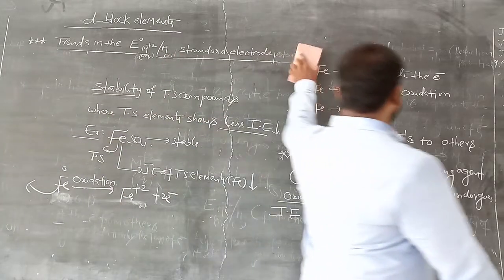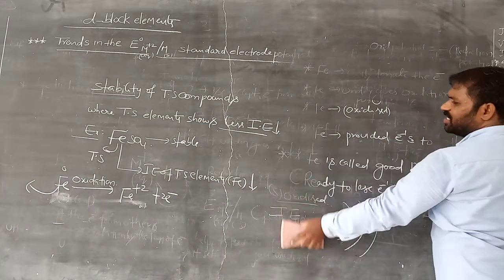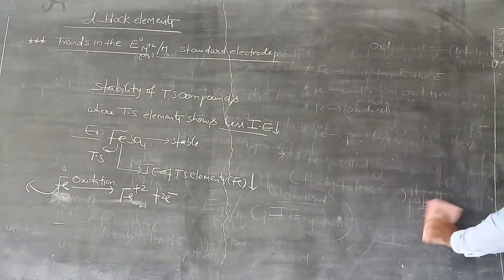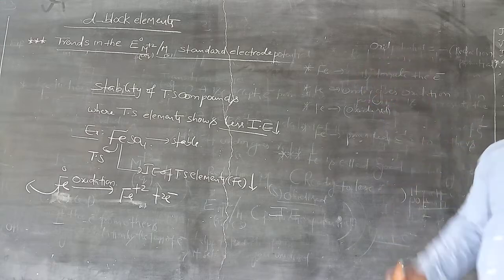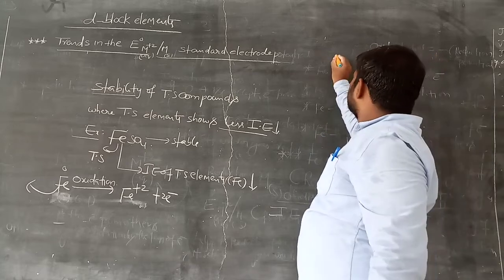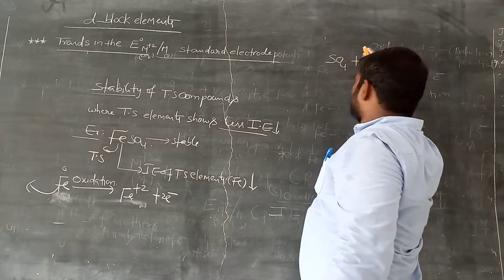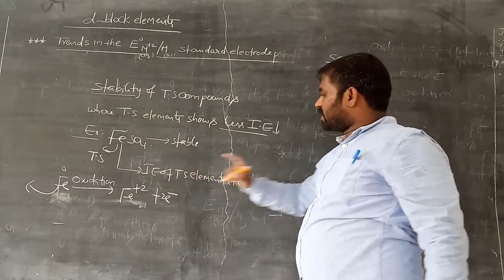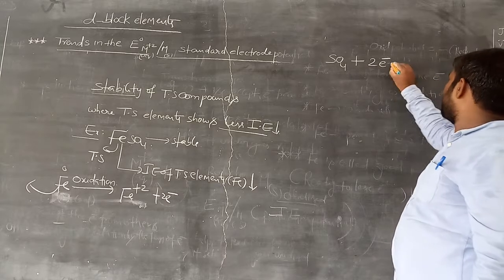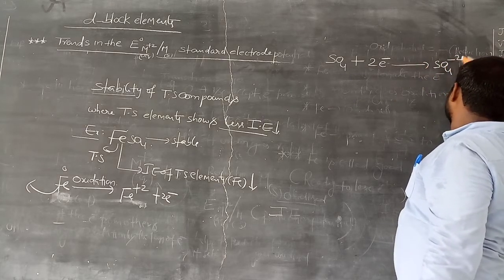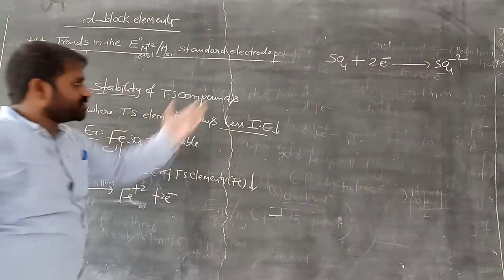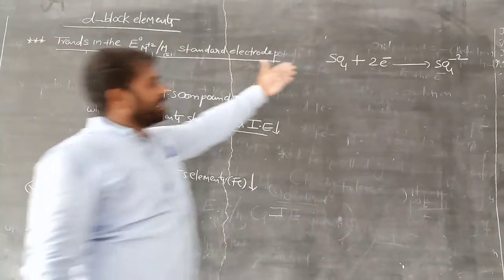Now let us see the second equation here. After this you have to write: the atom which is ready to give up electrons is called a good reducing agent. Itself undergoes oxidation by the loss of electrons. It provides the electrons to others. You should remember that phenomenon. Now what about this one? Suppose SO4 is added here. These two electrons move towards sulfate, then it becomes SO4 minus 2 ion. These electrons are from iron. That means iron provides the electrons to sulfate.